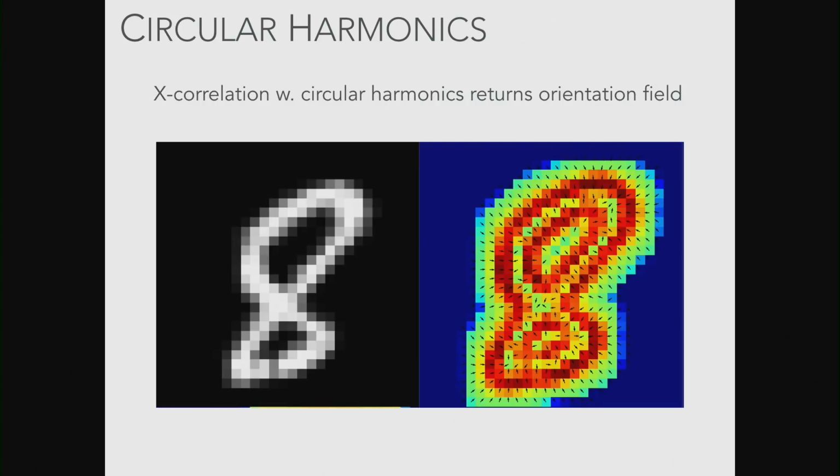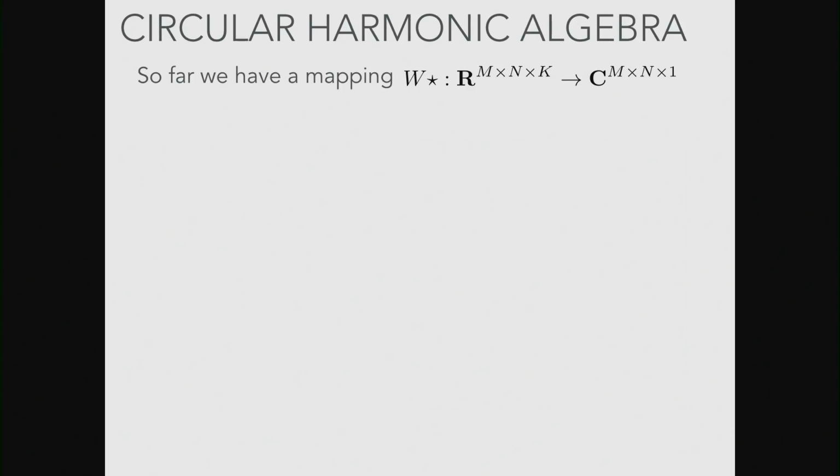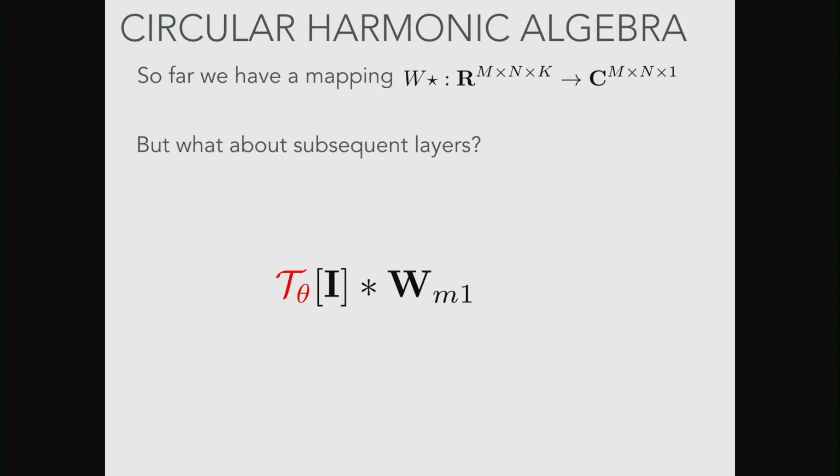And this is an example of one of these filters applied to, like I say, a number 8. This one is sort of edge seeking. It gets different magnitudes on the edges and far away from the edges, but also different directions. So this is a very rich encoding of the input space. And one of the cool things is, if you do a convolution with one of these filters, we can define nonlinearities on that. I won't go into details.